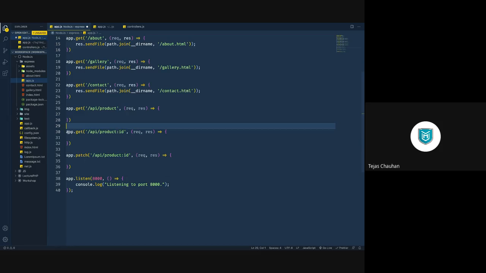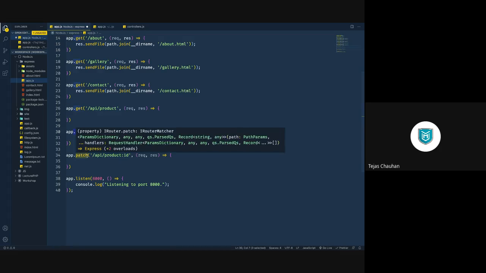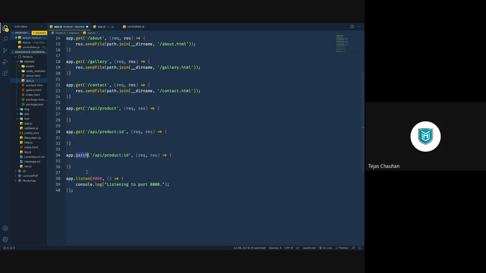So on your app, you can have GET request, patch request, delete request, and so on. You can have these routings set up in a Node.js application, which will handle those requests based on the HTTP request type, maybe GET, patch, put, and so on.